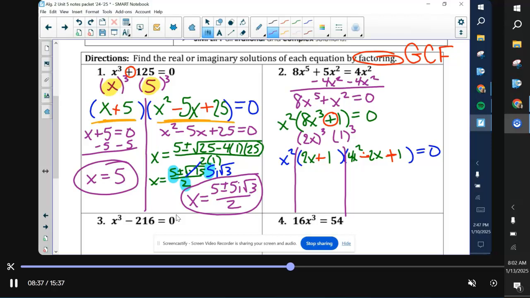So once we've factored it on the outside, the x squared, I'm trying to figure out what squared is equal to 0. That is 0. My next factor, I set 2x plus 1 equal to 0. I have to subtract the 1 and divide both sides by 2. X equals negative 1/2. And then for that last piece,